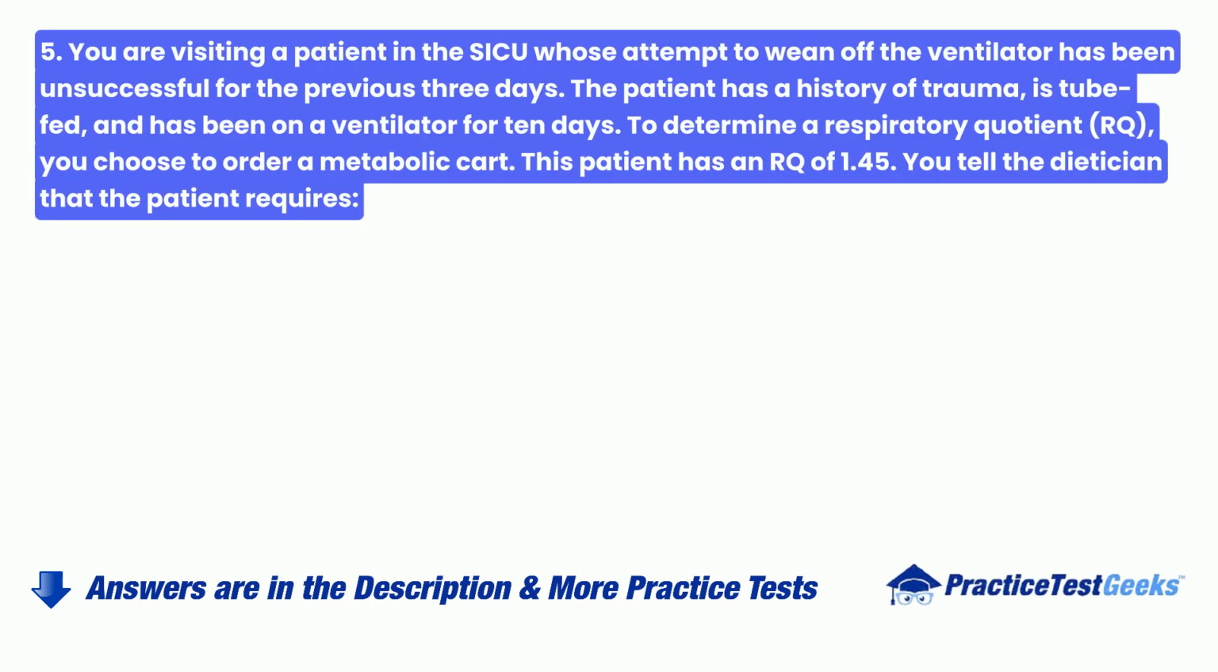5. You are visiting a patient in the SICU whose attempt to wean off the ventilator has been unsuccessful for the previous 3 days. The patient has a history of trauma, is tube-fed, and has been on a ventilator for 10 days. To determine a respiratory quotient, RQ, you choose to order a metabolic cart. This patient has an RQ of 1.45. You tell the dietitian that the patient requires: